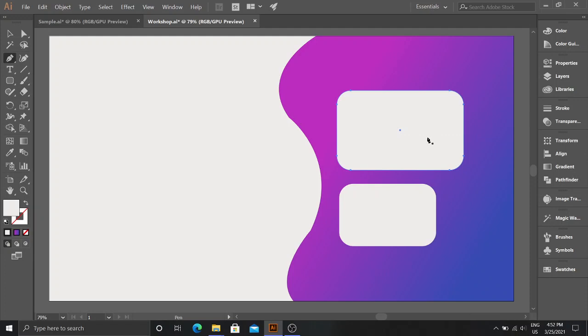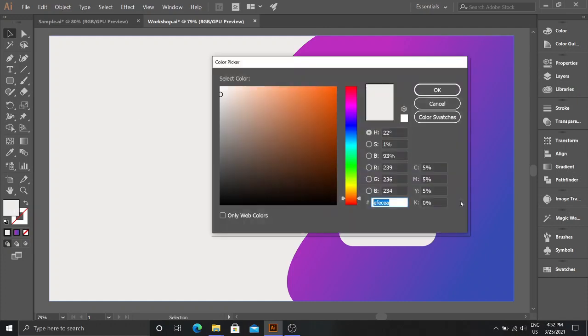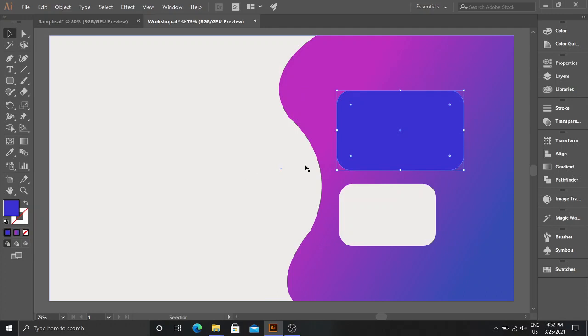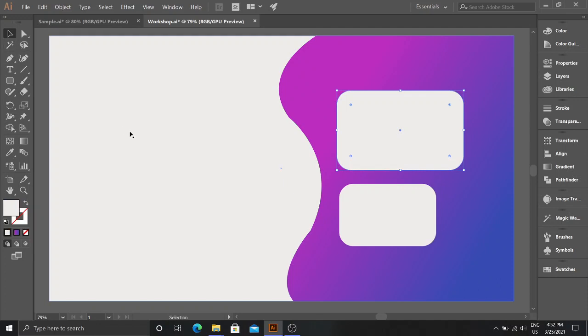You can undo any step using Ctrl+Z. Like press Ctrl+Z and you can undo it.